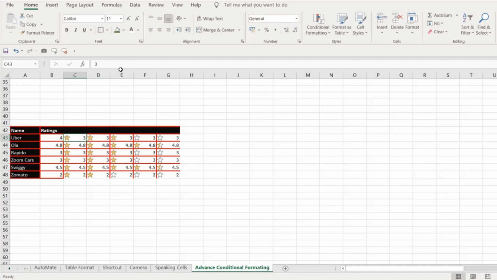Let me update this formula. These values are not getting updated here. That is the reason conditional formatting is not working. Control D. Let me copy the value here.